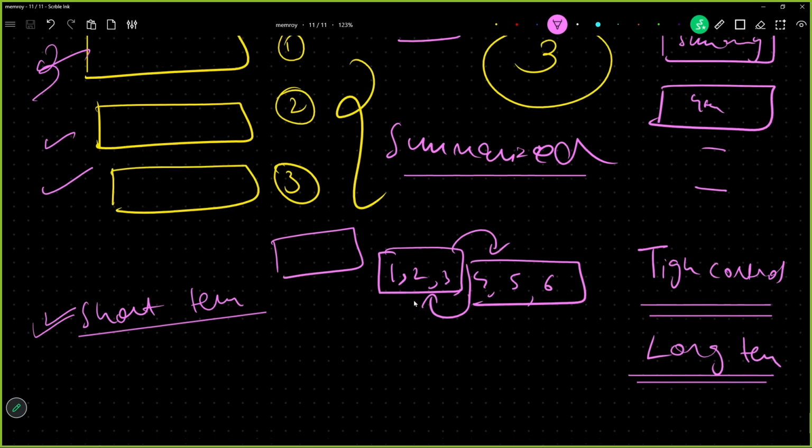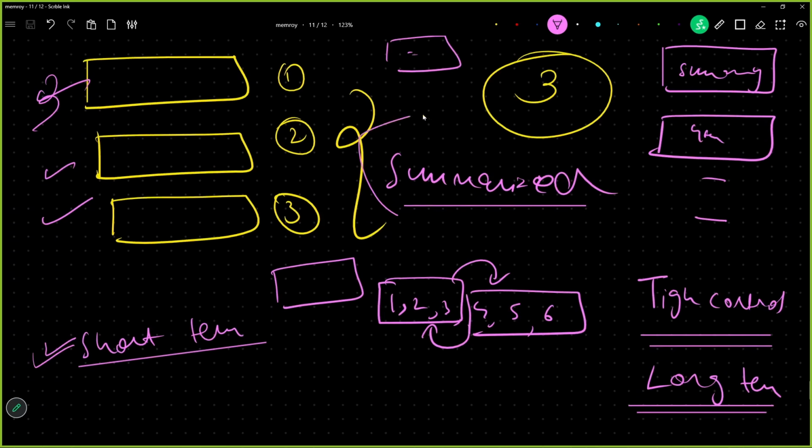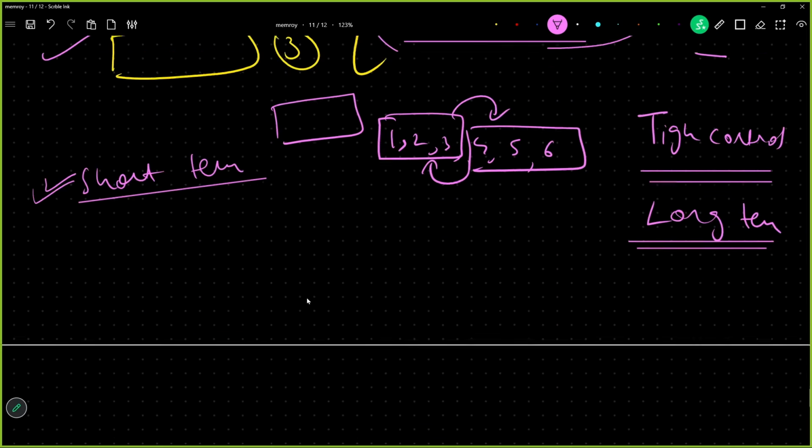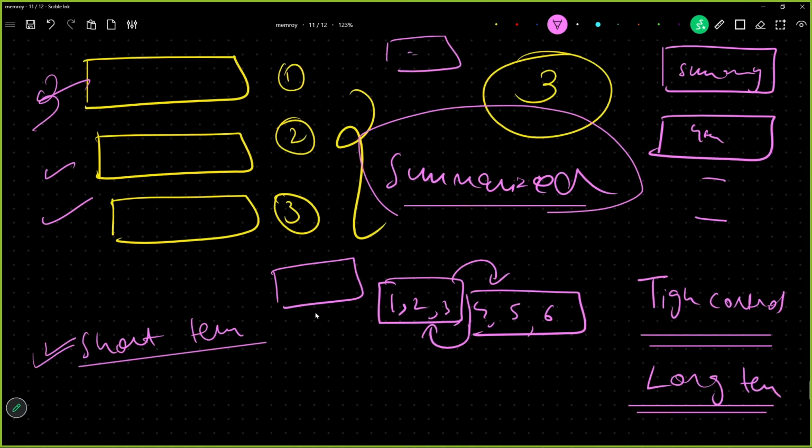See people, what the problem over here is, what if the summary becomes too long? What if the summary becomes 2000, 10,000 words long? Okay, at that particular point of time our costs will go on increasing. We might have a small budget control, but our cost will also increase because of saving this particular summary. And hallucination will also come into the picture. AI will start to forget what is happening.